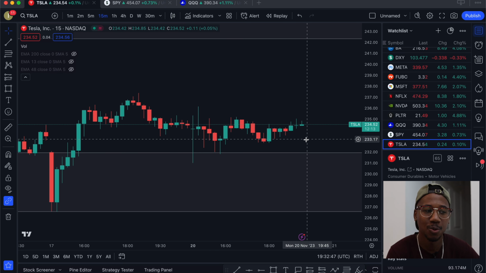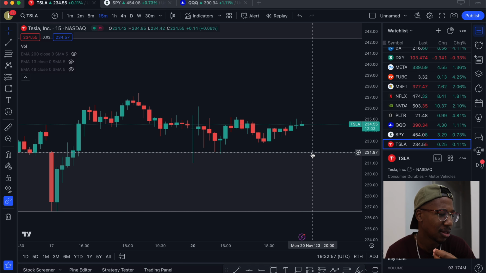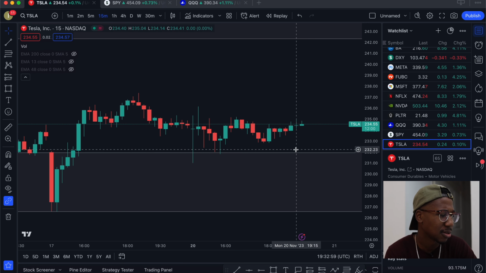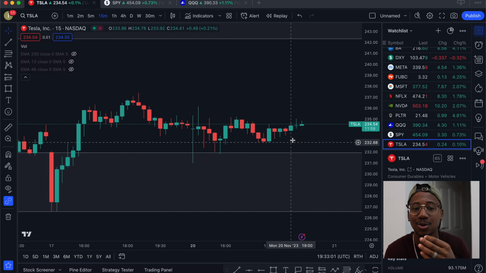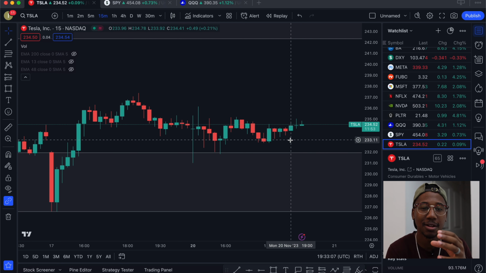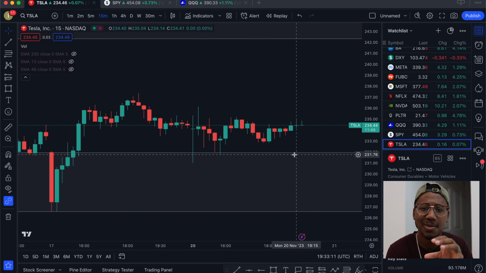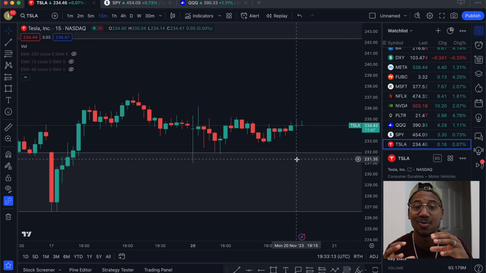Now we kind of talked about what liquidity is, let's talk about how to identify liquidity, because I know you hear that, and I remember I used to hear it all the time. I never really cared enough to look into, hey, what's liquidity? I knew what liquidity was, but I didn't know how it was relevant on the chart. So that is my goal in this video, to help you see its relevance.